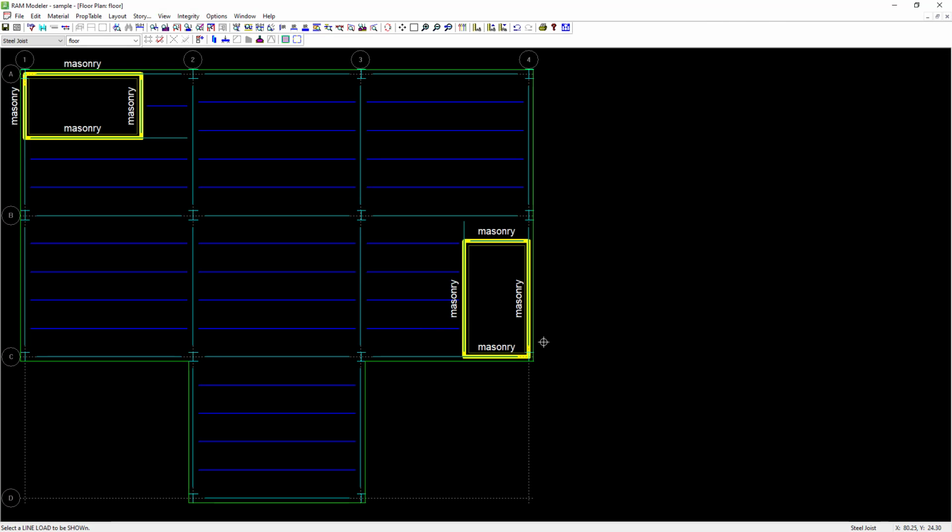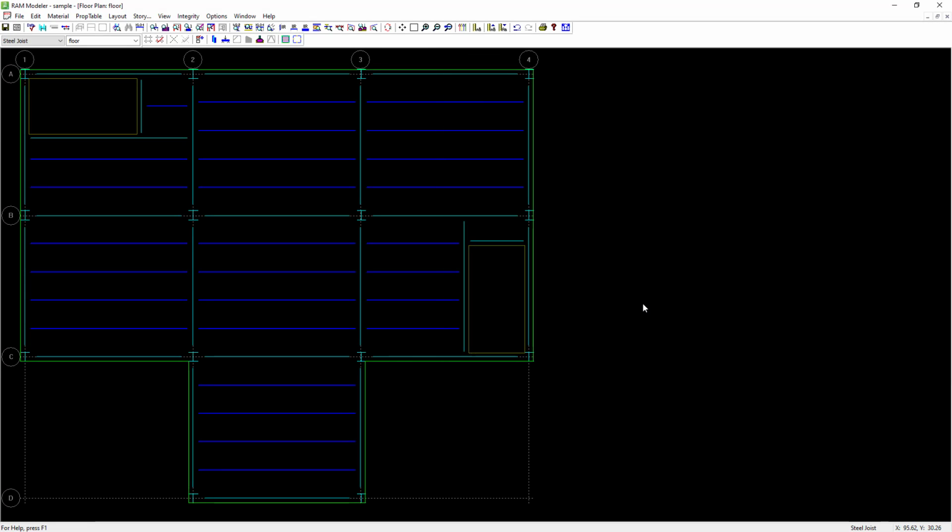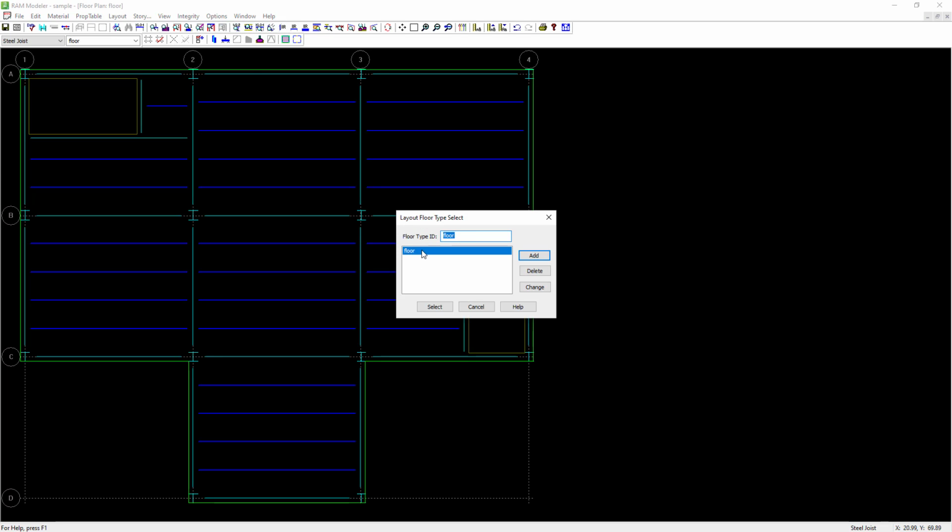Okay, so that's where we are with the loads, and the floor is pretty well set up. The next thing we have to do is go back to the roof. Honestly, a lot of this stuff is going to copy to the roof. So I'm actually going to go to layout, type, select. I'm going to select my floor, and then